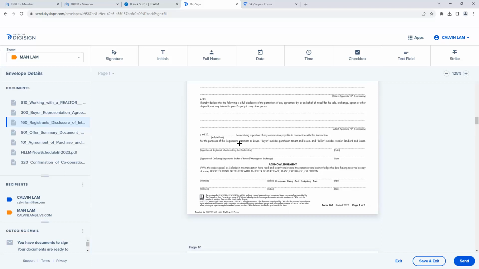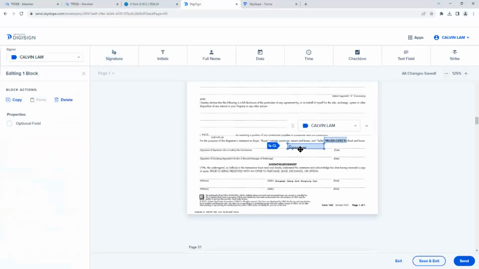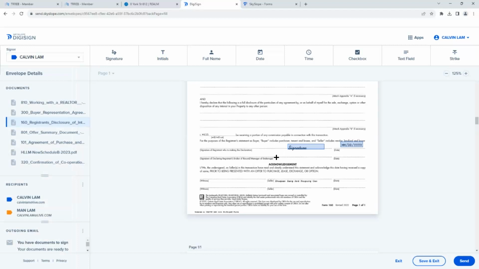Where's the signature? It doesn't give me the signature, right? So you're going to put it back. This is the one that's missing the signature. Right? And the acknowledgement is the seller, right? So this one is to leave to the boss or the manager, until the general manager to